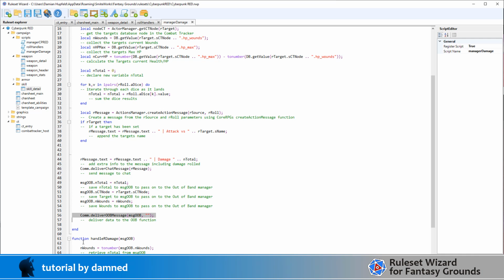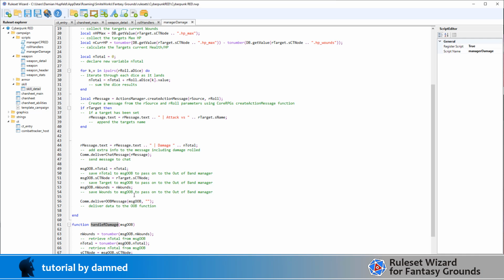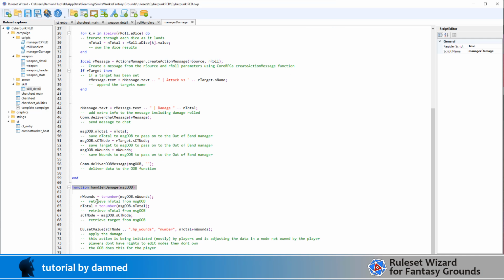We then use Comm.deliverOOBMessage with msgOOB, and that's going to send this information to our function handleRDamage. Nothing gets written to the chat from this command. This just hands off processing to our next function. So we then retrieve wounds, we retrieve the damage, we retrieve the target, and we're doing those from the msg variable. And then we do a very simple